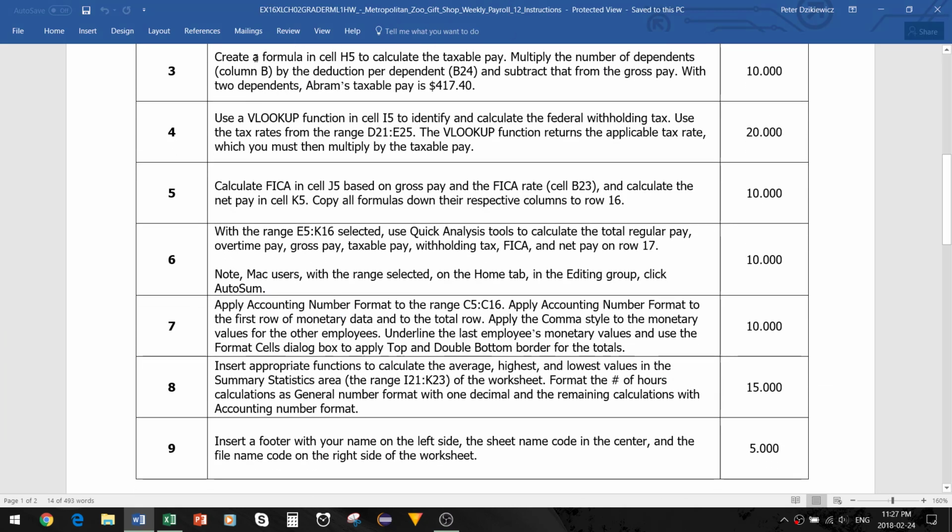Step 3 says create a formula in cell H5 to calculate the taxable pay. Multiply the number of dependents, which is column B, by the deduction per dependent, which is in B24, and subtract that from the gross pay. Okay, so we should end up with $417.40. So let's switch screens,